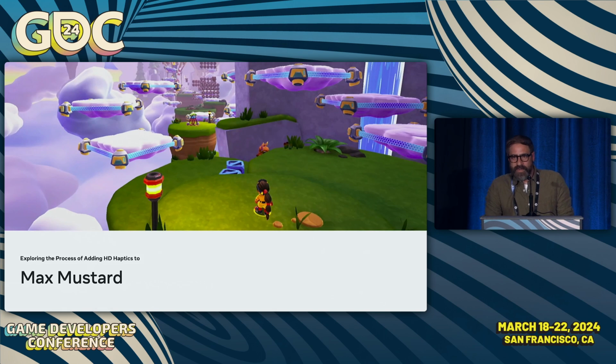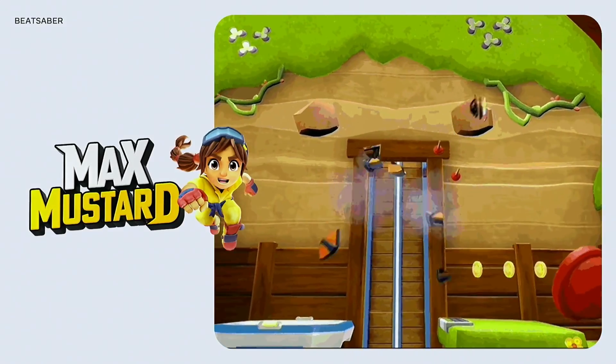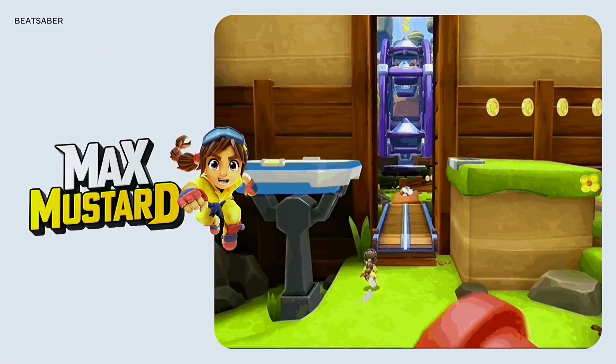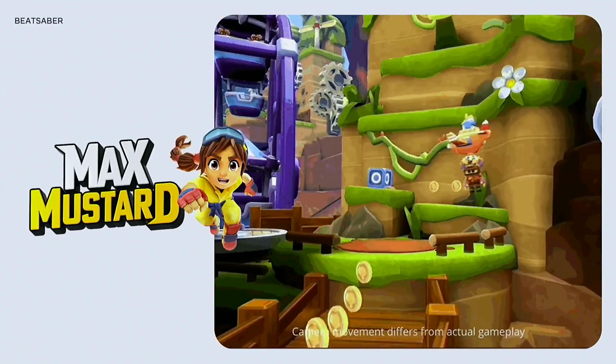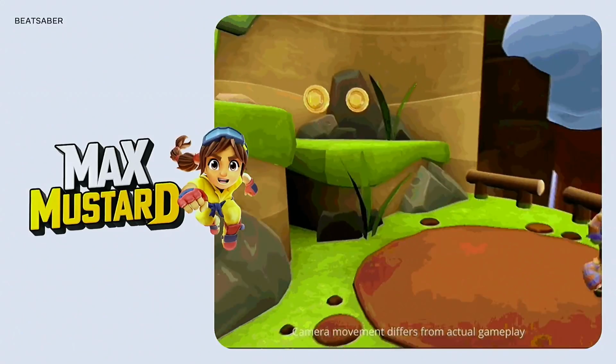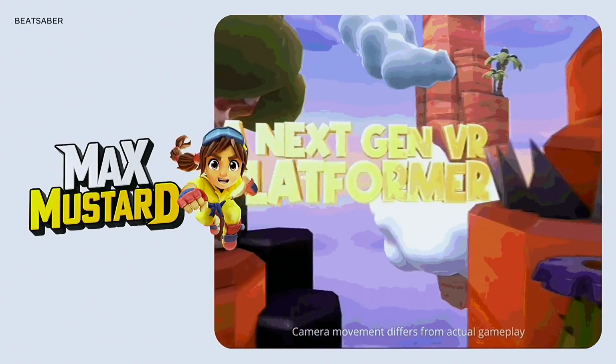So we'll move on to our last example by Toast Interactive. Following up from Richie's Plank experience, Toast Interactive created Max Mustard. It's a 3D platform with a nod to the nostalgia of retro classics. In this collaboration, Toast VR had a clear vision of what they wanted to achieve, which was best in class